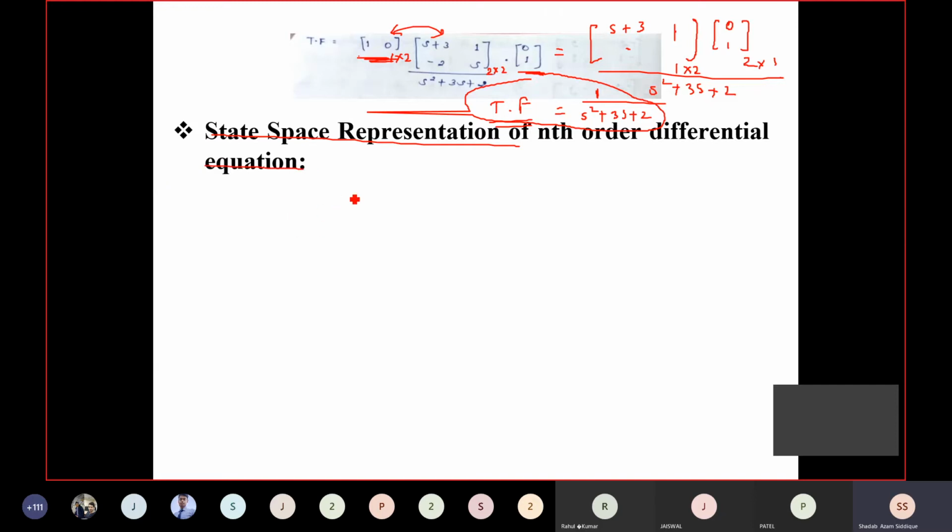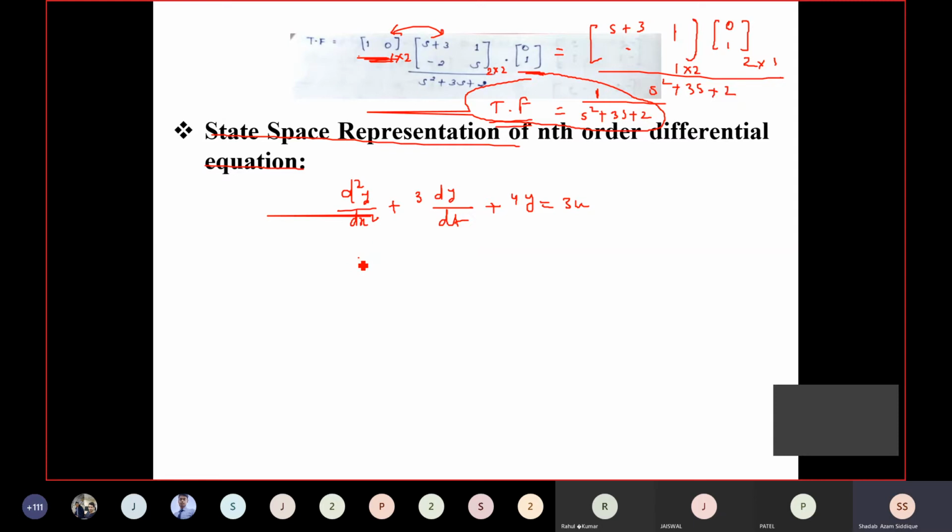We'll take nth order differential equation, we'll take second order differential equation, d square y by dt square. Try to see. Okay, and if you are having pen and paper, you try to do by your own. Already we have studied d square y by dt square plus 3 dy by dt plus 4y, which is equal to maybe 3u. That is a very easy problem. So this is a second order differential equation.